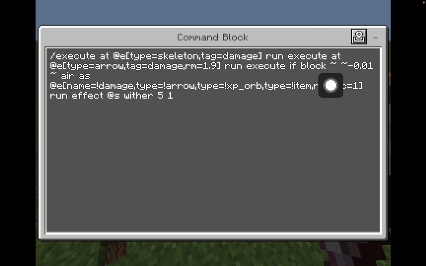So look, if the block under it 0.0, the reason why I did this is because the skeleton sometimes shoots so close to the ground, so we want to make sure that it's touching the ground, but it's not just 0, because sometimes the arrow's hitbox is weird or whatever, and it technically doesn't land in the block. So you do this, and then make sure it's air, because if it's anything else, then you shouldn't damage. Because like, imagine if you're standing above the arrow, you don't want that to damage you. So then,